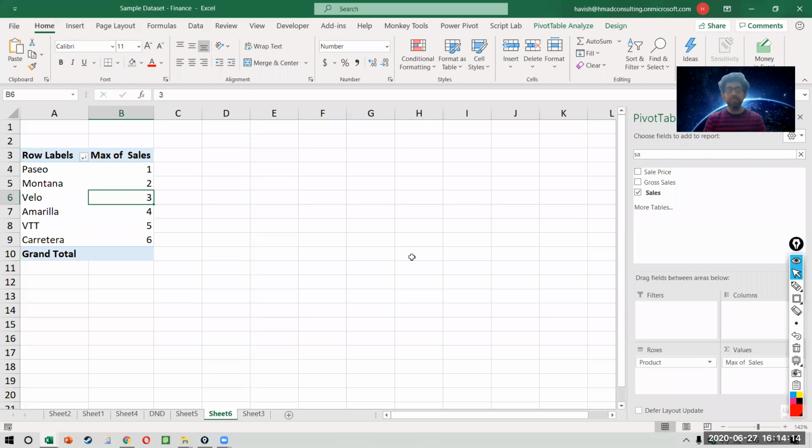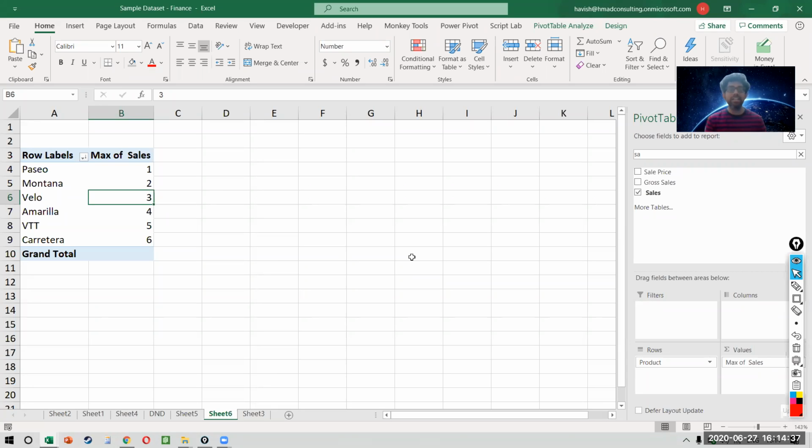Right? So the summary is we have done sum, average, max, count. We have done a few calculations. So we have percentage of column total, percentage difference, and then percentage running total. When you keep a date field, you saw that automatically they are grouped into year, month, and quarter. And that allows you to look at factors like seasonality and trend.